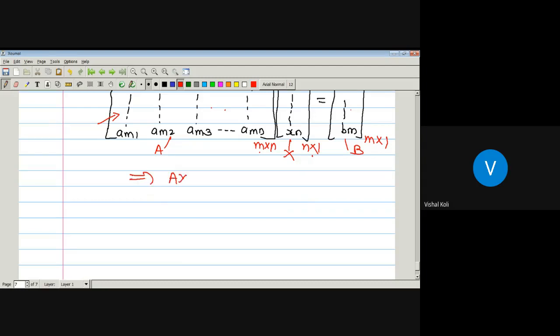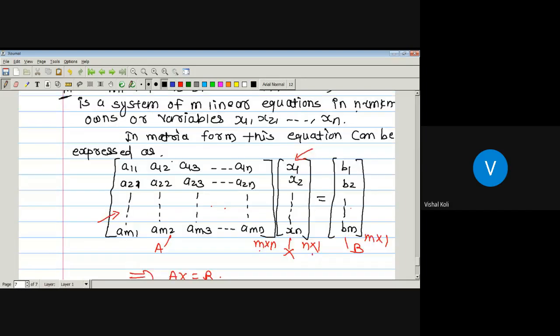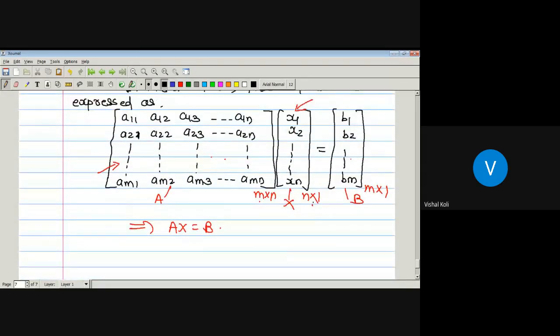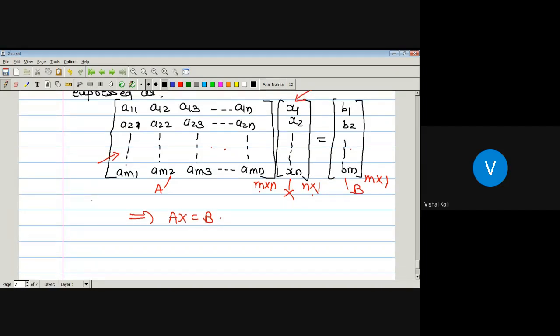AX is equal to B, where A is nothing but this m by n matrix having elements a11, a12, a13 up to so on a1n, and having the elements in the last row as am1, am2, am3 up to so on amn. X is a matrix of order n by 1, having elements x1, x2 up to so on xn, and B is a matrix having elements b1, b2 up to so on bm, and its order will be m by 1. Okay, so where